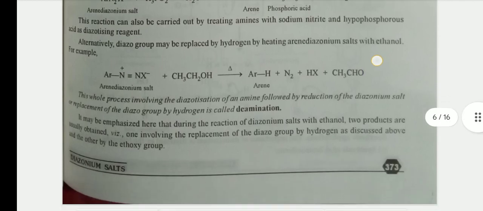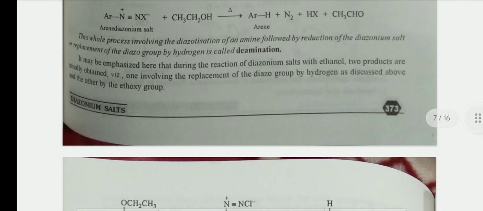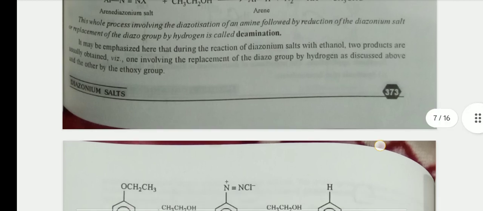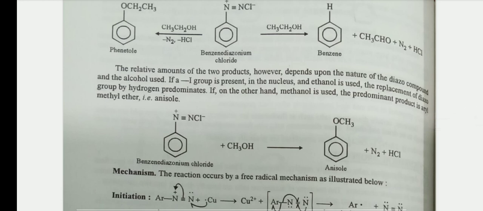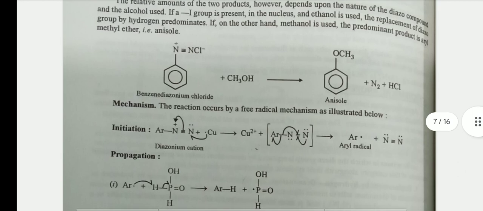It may be emphasized here that during the reaction of diazonium salt with ethanol, two products are usually obtained: one involving the replacement of the diazo group by hydrogen as discussed above, and the other by the ethoxy group. The relative amounts of the two products, however, depend upon the nature of the diazo compound and the alcohol used. If a halo group is present in the nucleus and ethanol is used, replacement of the diazo group by hydrogen predominates. If, on the other hand, methanol is used, the predominant product is aryl methyl ether, that is anisole. Benzene diazonium chloride plus CH3OH gives anisole plus N2 plus HCl. Mechanism: